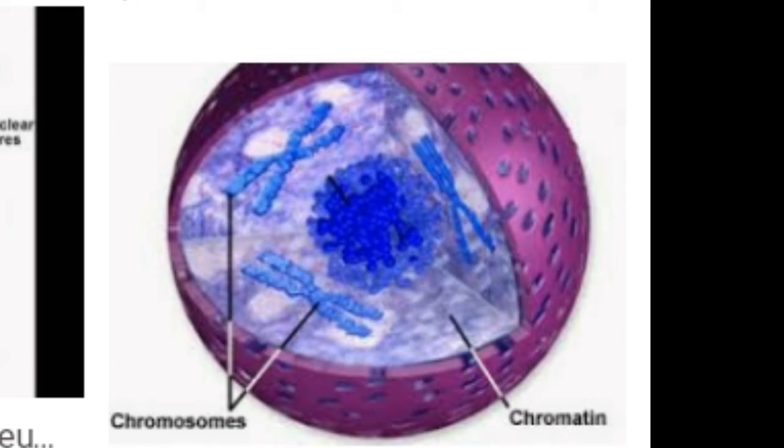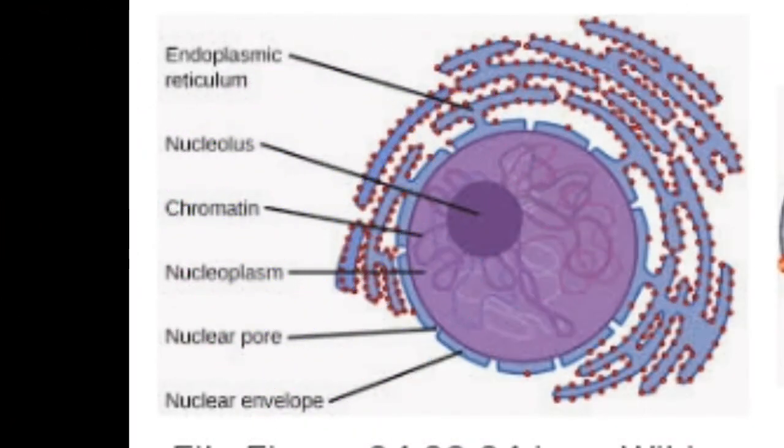What is nuclear reticulum or nucleolus? A network of fine thread-like materials embedded in the nucleoplasm is known as the nucleolus or nucleoplasm. Now the last one is chromatin material. A nucleus contains a network of threads that contains the chromatin. The chromatin materials may consist of deoxyribonucleic acid, that is DNA in short.